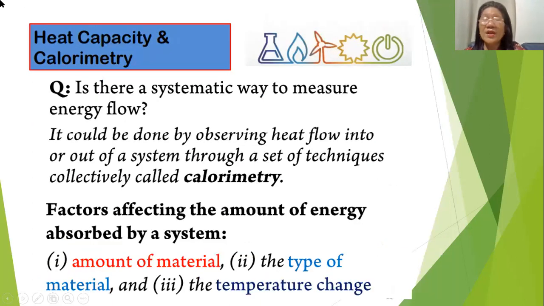So we are now in heat capacities and calorimetry. Since it's pandemic, we could not apply this in the laboratory. The calorimeter is in the form of a cup, wherein there is an outer and an inner cup. Especially the bomb calorimeter, this could insulate against the absorption of heat by its outside surroundings.